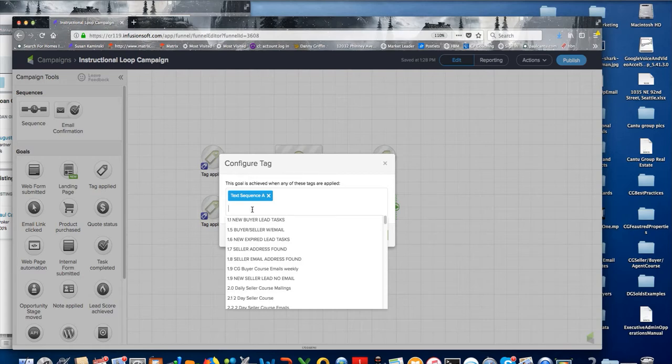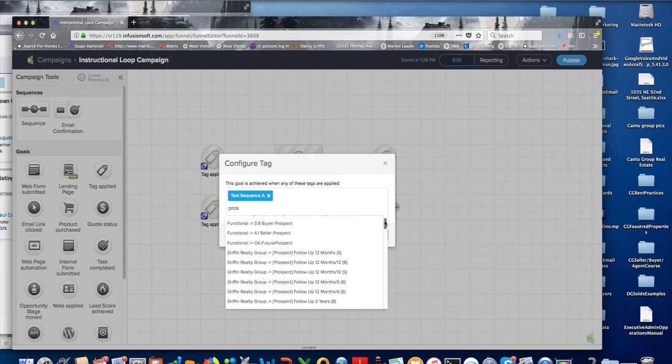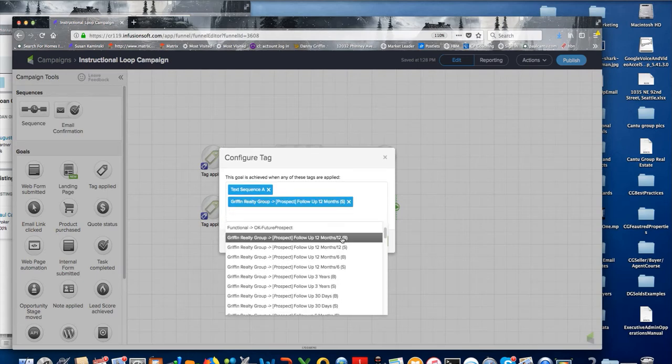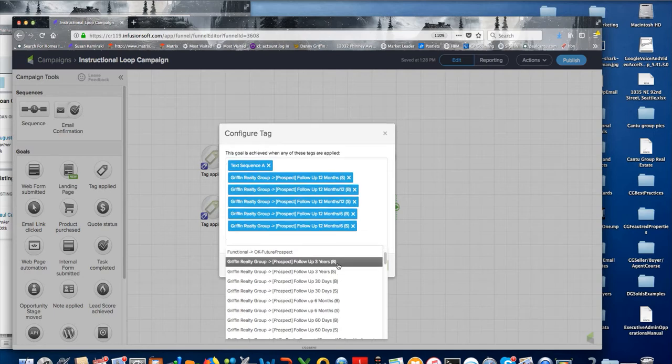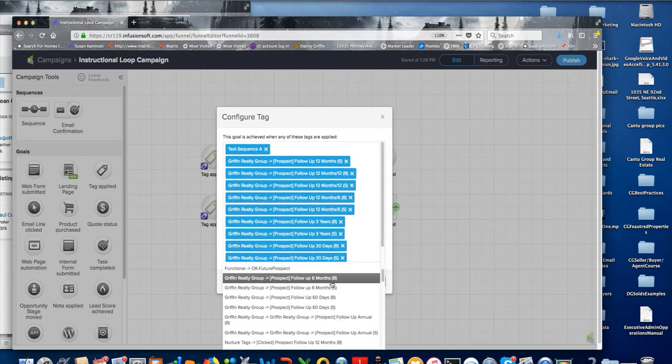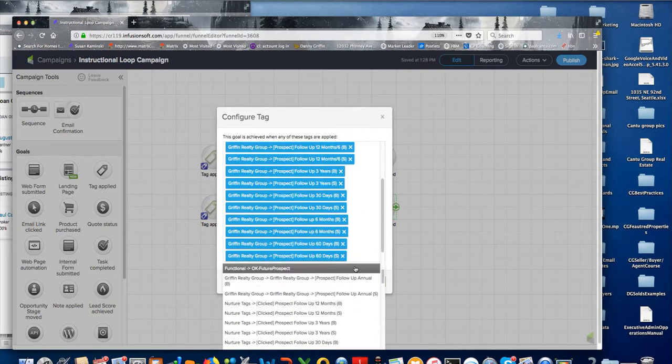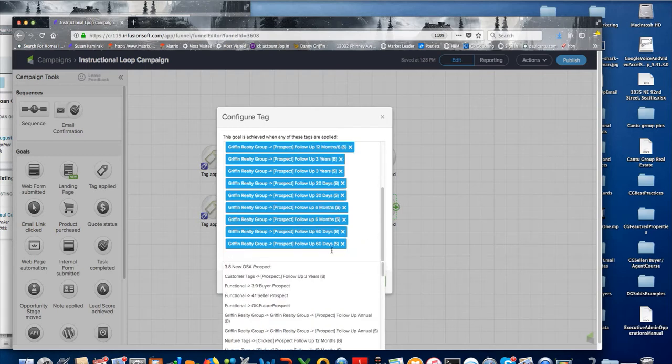And you also, again, need to add all the prospect, call follow-up stuff, or depending on the specific scenario, anything that you want to override